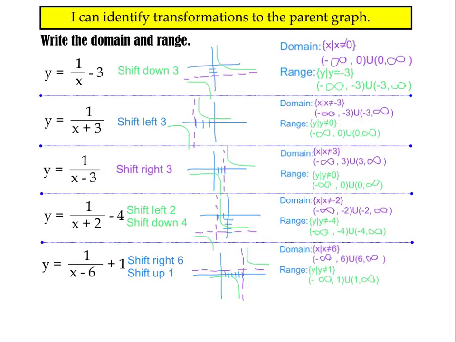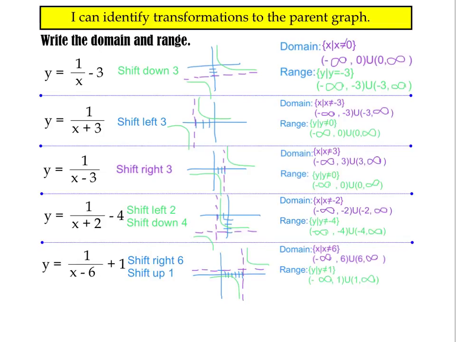And then this one is going to shift right 6 and up 1. So that's going to affect both the domain and the range. So this would be the right 6, all x values except for x is 6. And then up 1 is going to be all y values such that y does not equal 1. So go ahead and write down any notes or questions or anything that you want to bring up when we